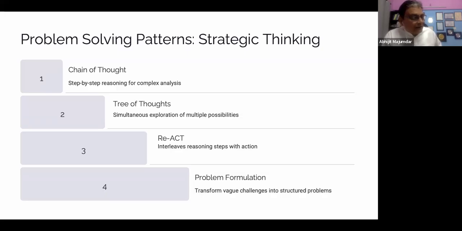We try dissecting the problem by asking the 5 why questions. We build a Pareto chart. We build a fishbone diagram and see which are the issues. We build the issues and sub-issues and try to find out why this problem is happening. That is the approach we take. And we apply the 80-20 Pareto principle, which says that 80% of the problems are because of 20% of the issues. So we find out that particular part. That is what we call problem formulation.